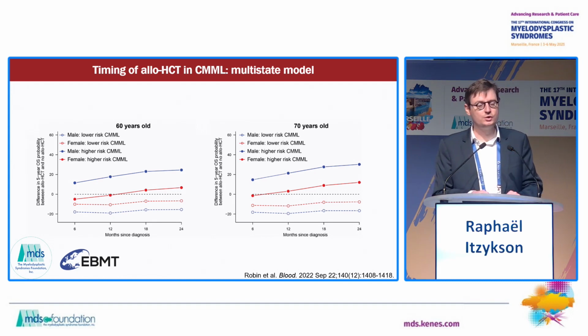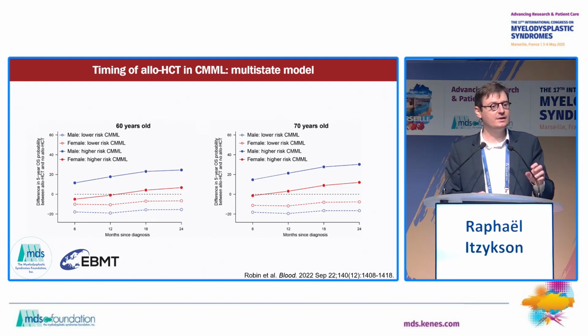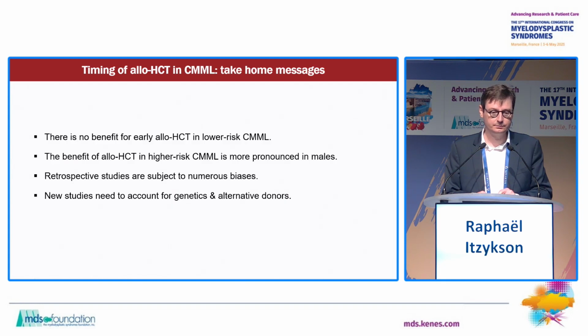There is no super clear explanation for this gender bias, aside from a trivial methodological one, which is that obviously in this CMML cohort, males were widely overrepresented. So to summarize the findings of this study, there is absolutely no benefit for early allogeneic hematopoietic cell transplantation in low-risk CMML. The benefit in higher-risk CMML is more pronounced in males, and